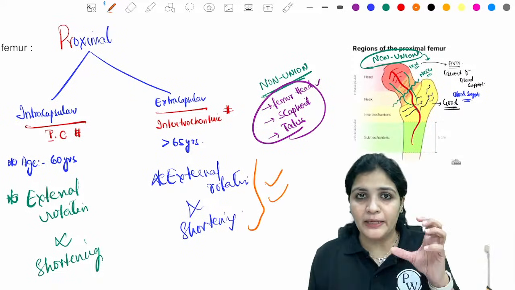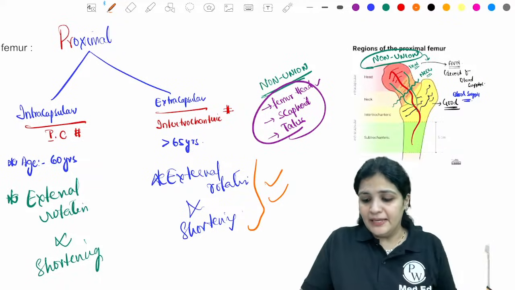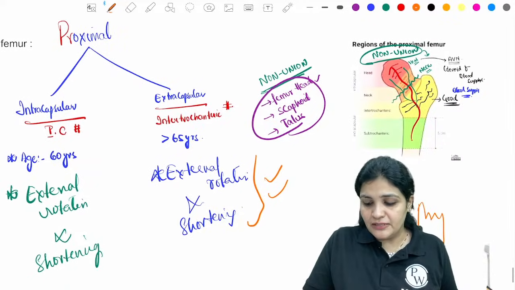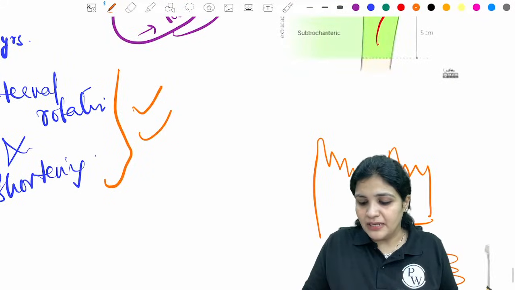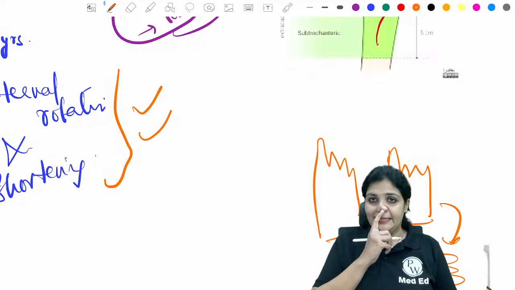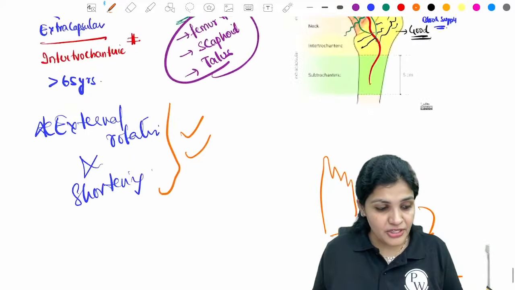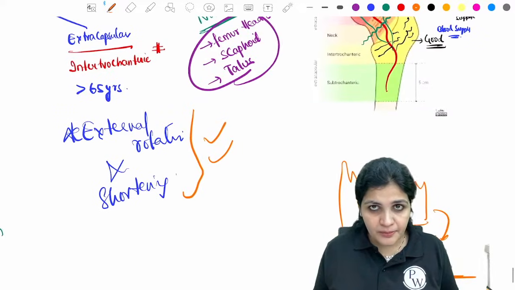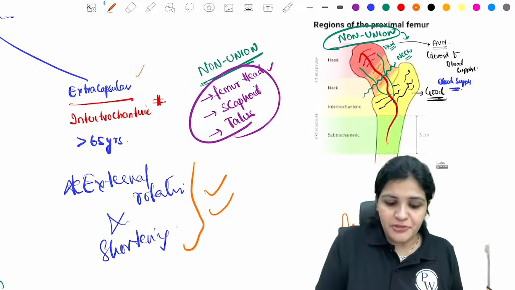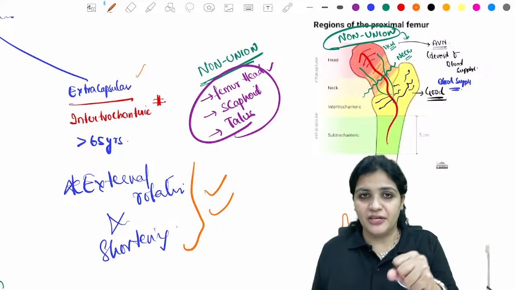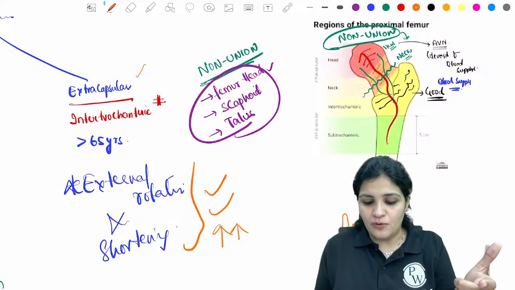So in IT fracture, you can clearly see that the limb is externally rotated. So if you see, this is the neutral limb. In the IT fracture, what happens is the limb becomes like this, completely touching the couch. So it goes into external rotation like this. So why is it going into external rotation? Because the capsule is not holding that. In the case of extracapsular, the capsule is not holding the fracture, hence the external rotation and shortening